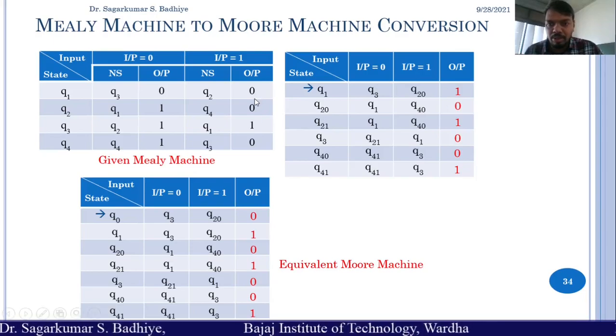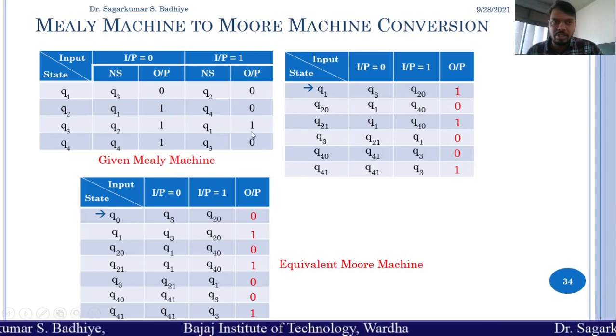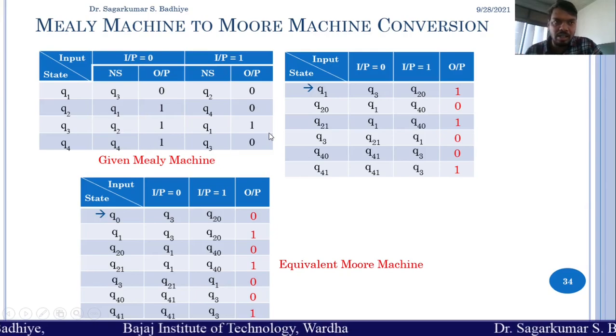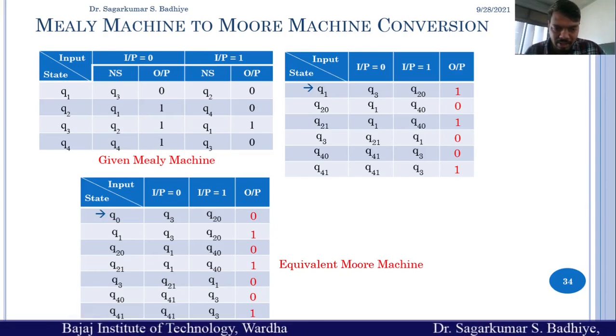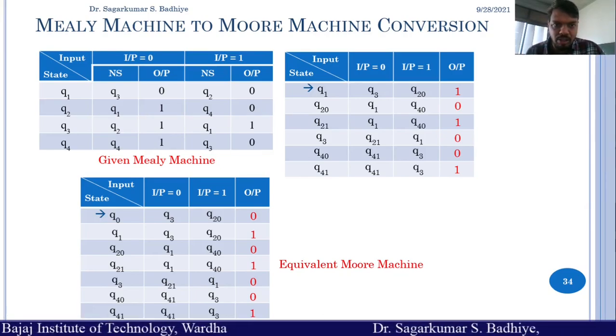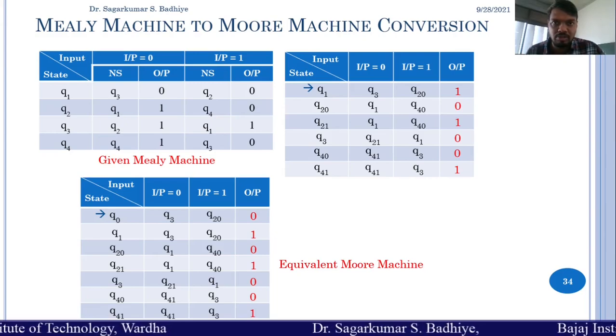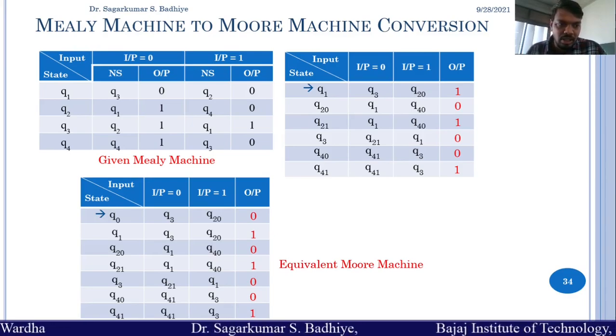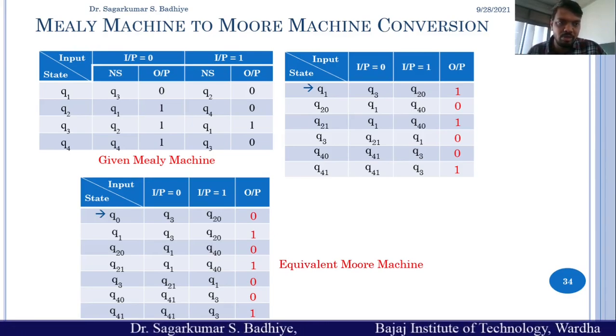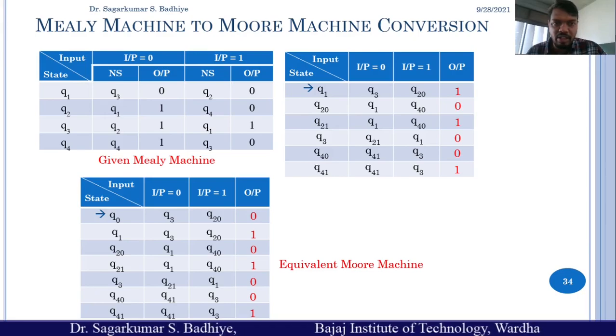the equivalent Moore machine for the given Mealy machine. Again, I need a quick feedback if it is clear, so that I can move to the last example for today's class, which will be obtaining a Mealy machine for the given Moore machine. Quick response so that I can move ahead. If you have any doubt, you can unmute and ask.